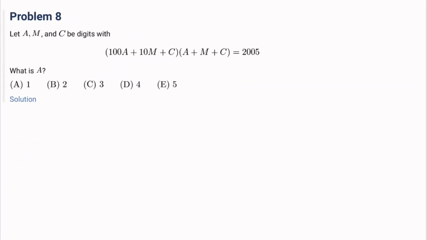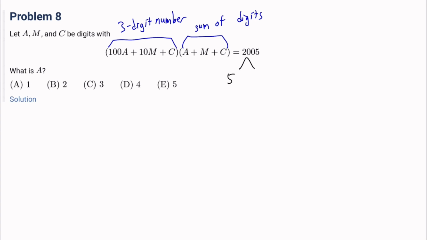Number 8, let A, M, and C be digits with this much times this much equals 2005. What is A? Okay, so if we see here, this 100A plus 10M plus C is just a 3-digit number, right? And this A plus M plus C is the sum of the digits, right? And so all we have to do now is factor 2005, and since we can just see that it's a multiple of 5, that would be 5 times 401,